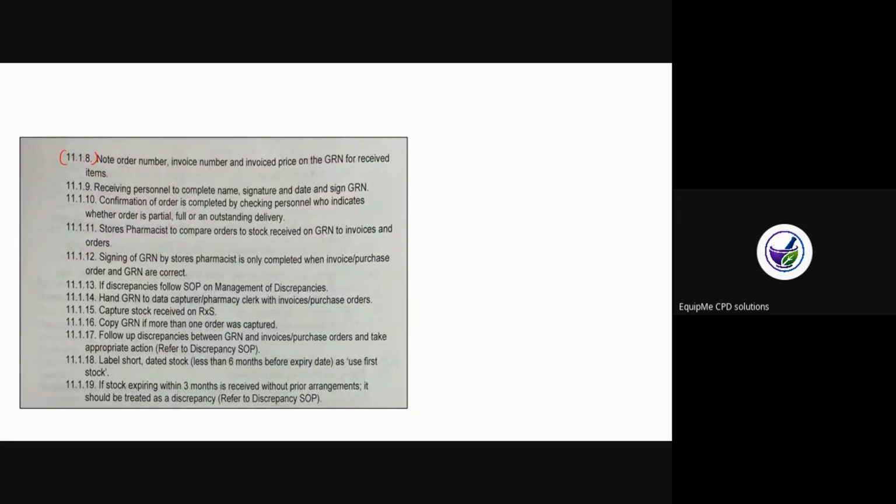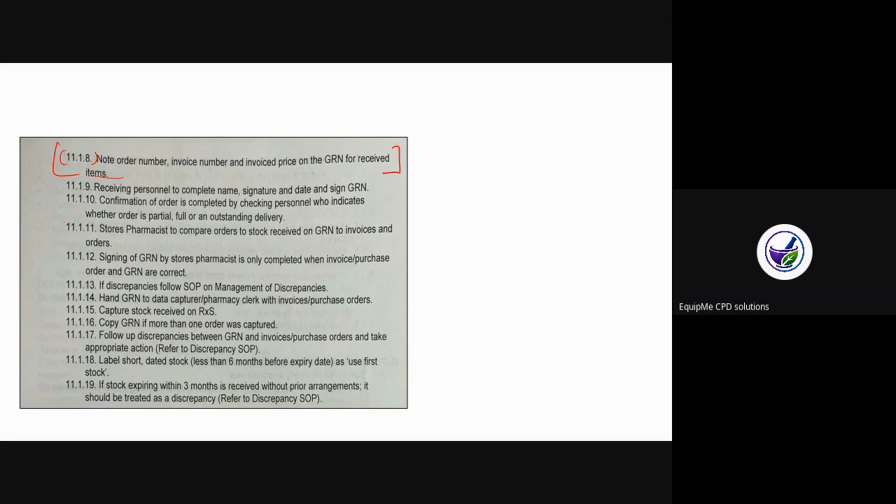So when you add your work, before you add how you applied the SOP, cut this. You cut this, you include it at the top, then you include the application, so that the assessor is not confused as to the behavior statement that you're addressing. Then look at the requirement of each step in the SOP. Very, very important. Okay. So here it says to note the order number, invoice number, and invoiced price on the goods received note for the received items. So on that document that you include, you annotate specifically about these requirements.